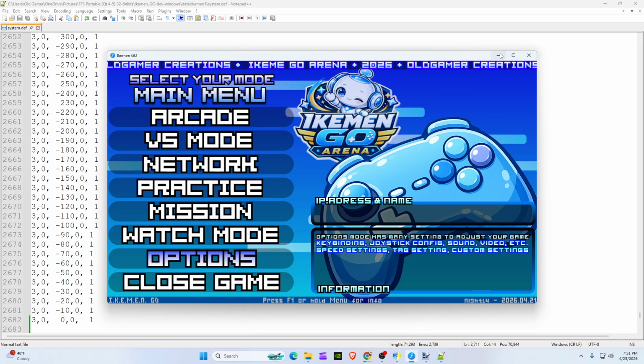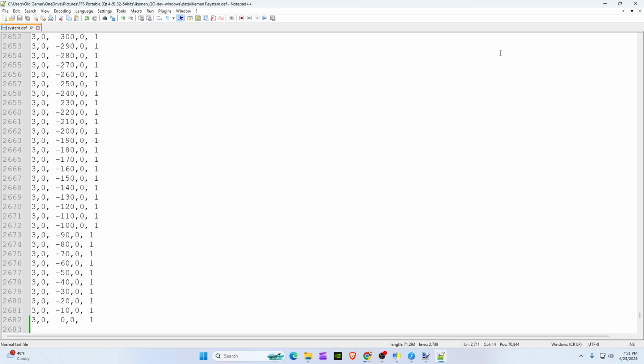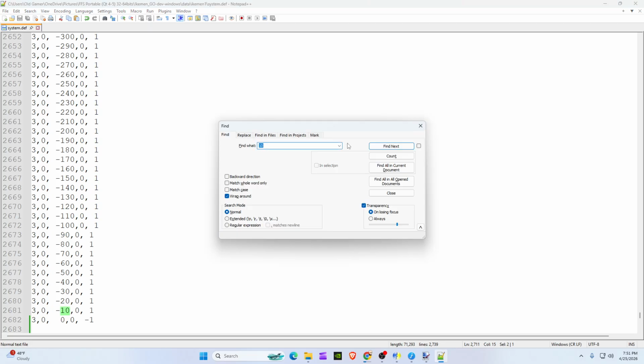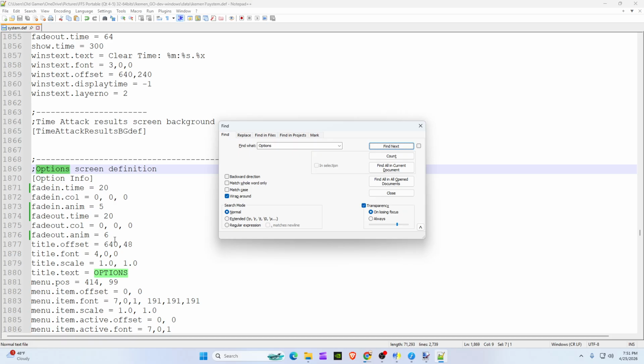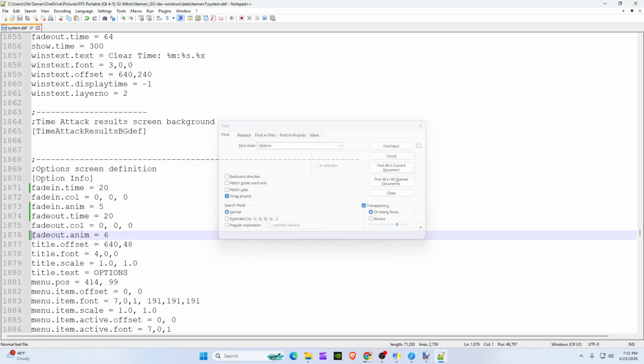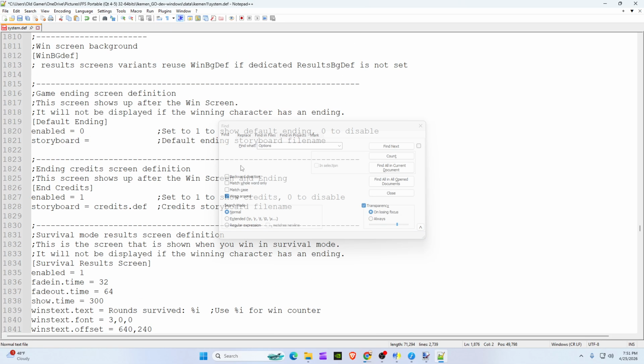So let's go back to the option screen. Control F. Okay, so we're gonna turn off the fade out for that,